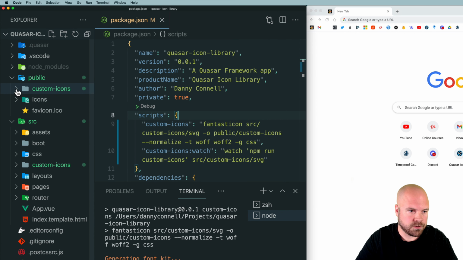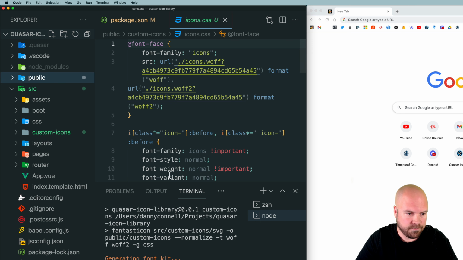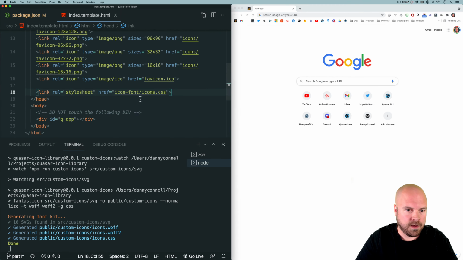And if we look in this custom icons folder, we can see our CSS file. And we also need to update our index.html file in the source folder, this one here. So we'll open that up. And here's where we're pulling in the style sheet for the icon library. So let's just update the path to